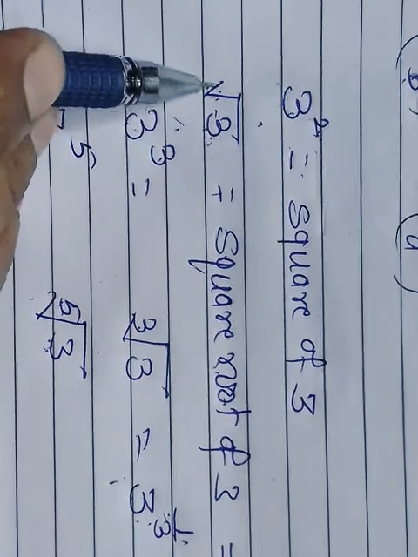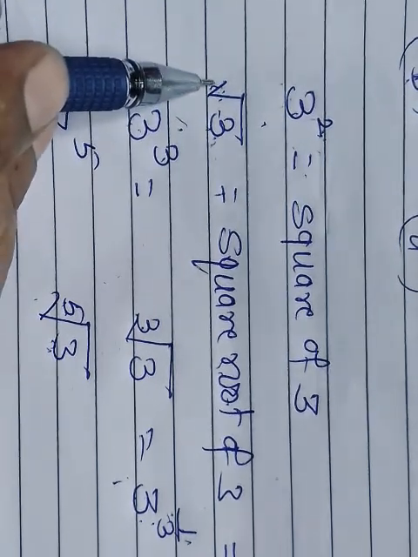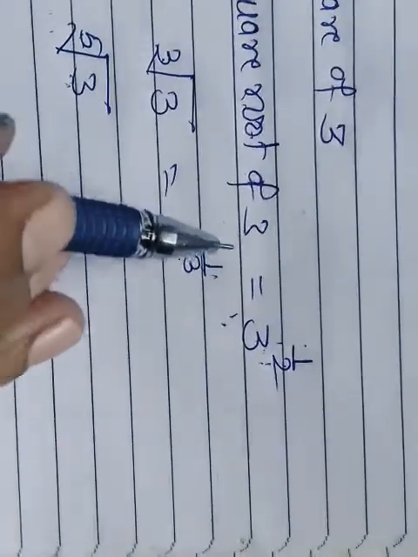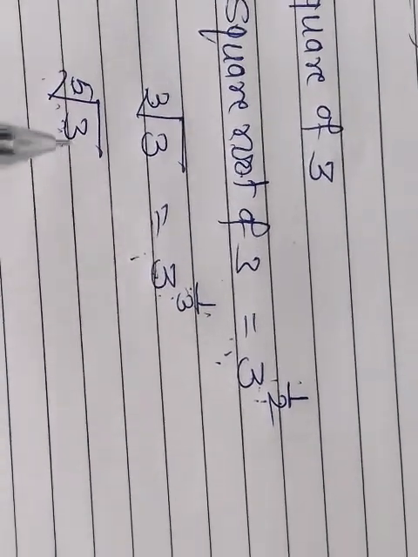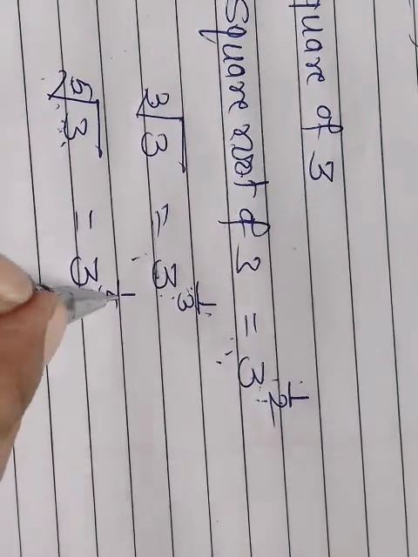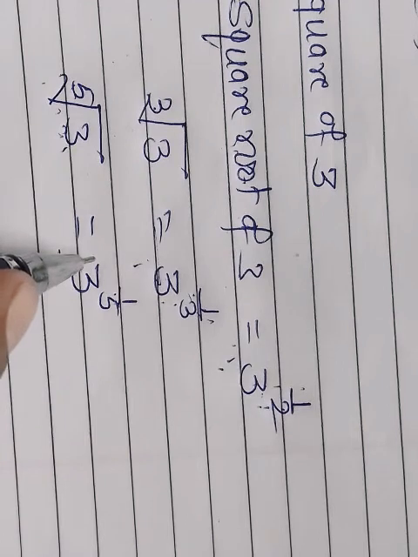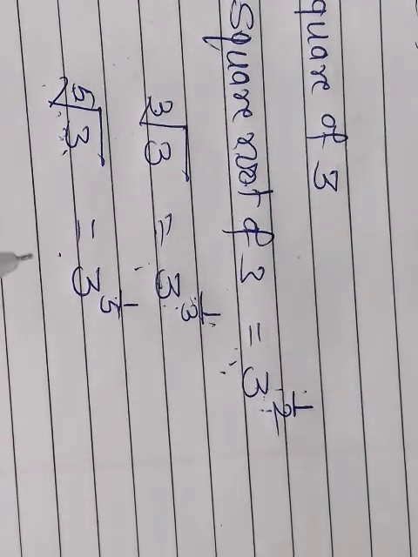See here, this is called the radical sign. Here, no number means it is always considered as a 2. So in this square we are telling square root. This is cube root. Now for the fifth root, in index form I will write 1 upon 5, meaning the fifth root of 3. If it is 1 upon n, it is called the nth root. Nth root: 1 upon n means the nth root of that.